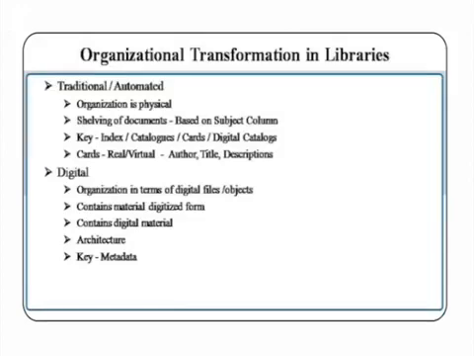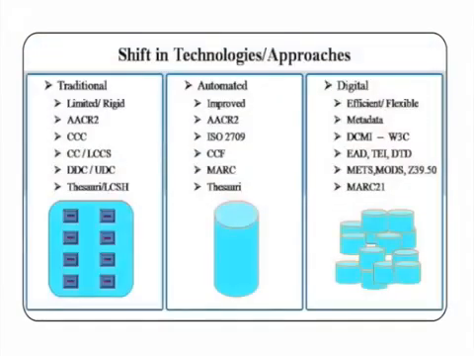When I'm talking about digital, whatever you store in a computer, if it can be a photograph, an ebook, or any other resource stored in the computer, is in digital form. And since it is managed as a system-oriented form, the architecture also will be different, in how this can be managed when compared to the traditional library. And the key role is played by the metadata, which becomes the catalog for accessing these kinds of digital collections. This also demands a shift in the technologies and approaches.